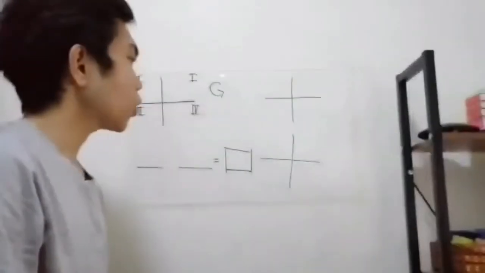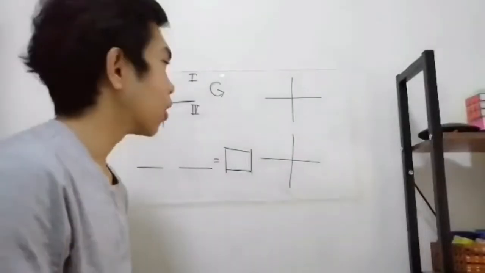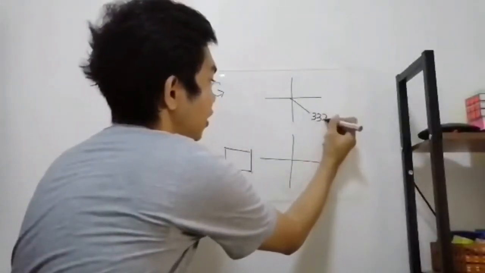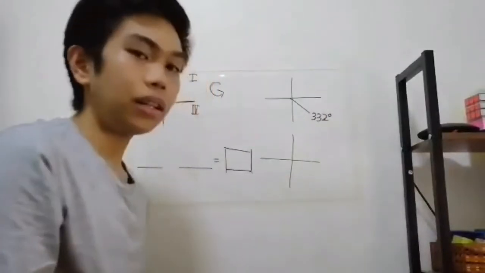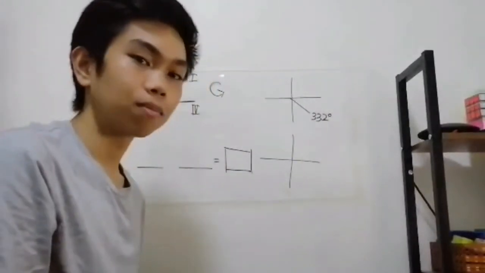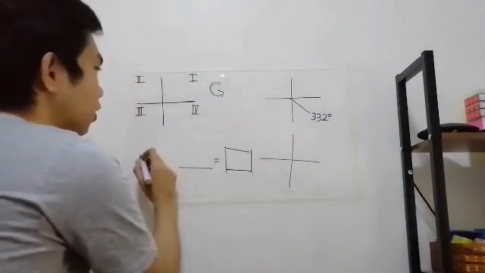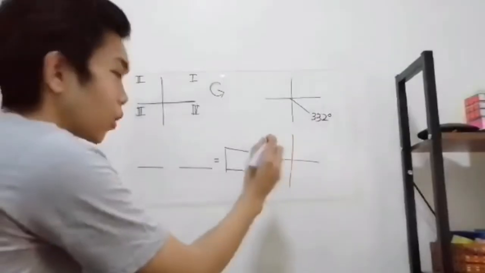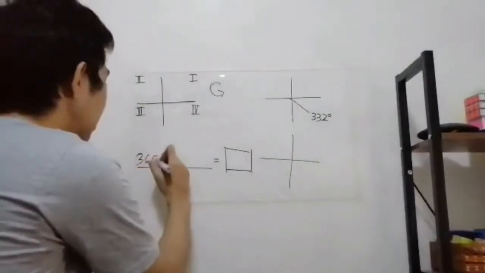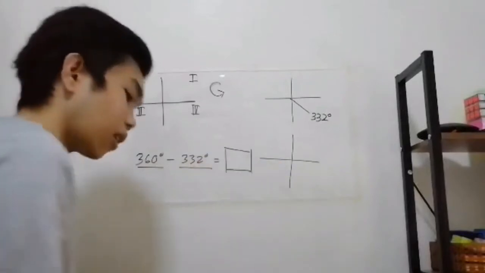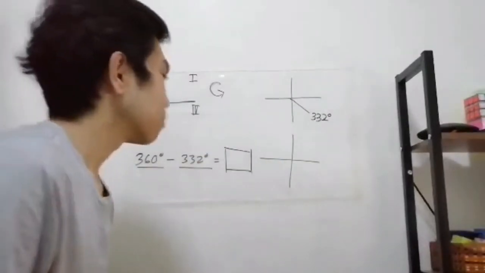Now, if we have the given angle of 332 degrees, what will be its reference angle? To find out, we have to subtract 332 from 360 degrees. Why is that? Why is it? Well,